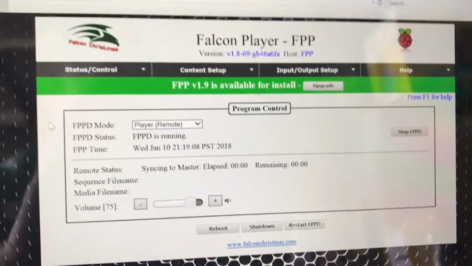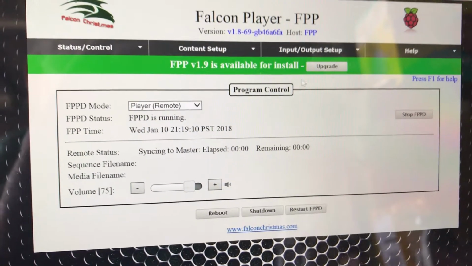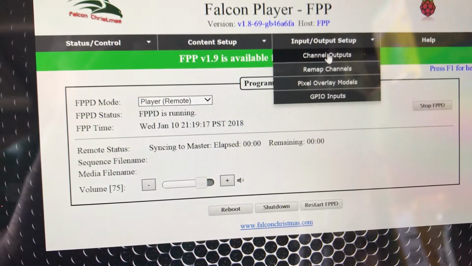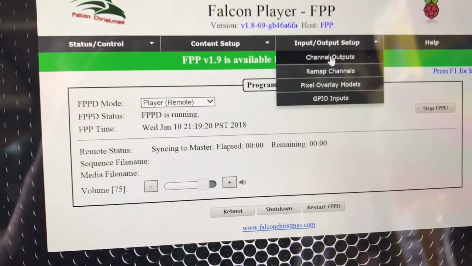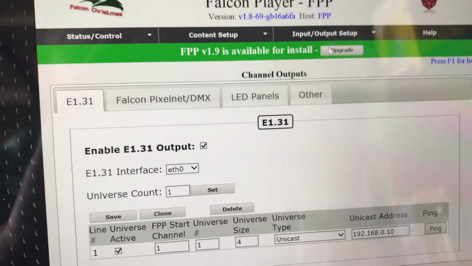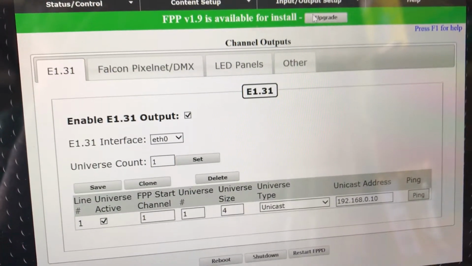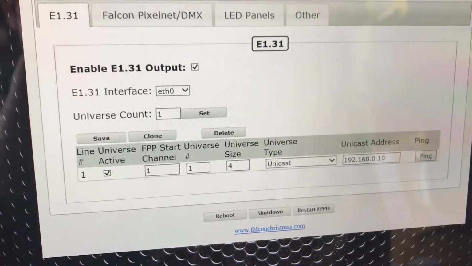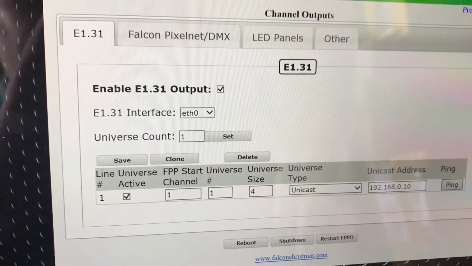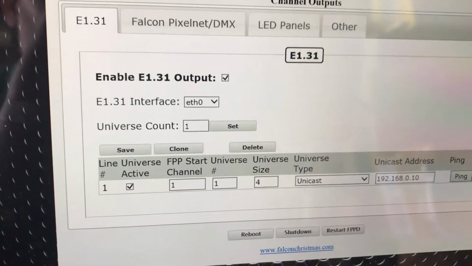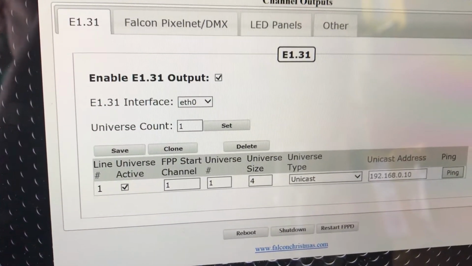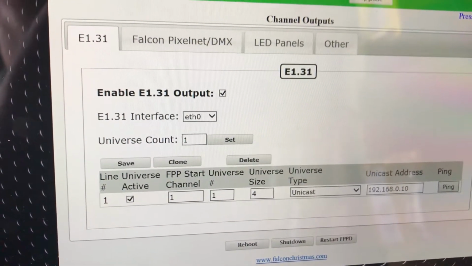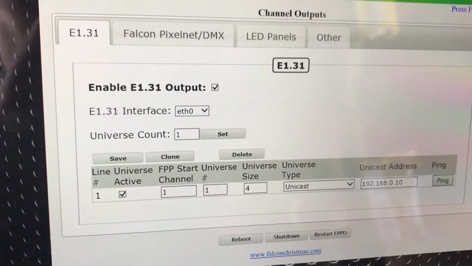So from here, what you're gonna want to pay attention to is input-output setup. In this case, we're concerned with channel outputs for the GPIOs that are on the Raspberry Pi. You can also be using a BeagleBone Black. Although you'll think, oh, so many more pins, the outputs that would be used in here are the same as on the Raspberry Pi. The other ones are dedicated for other purposes. So